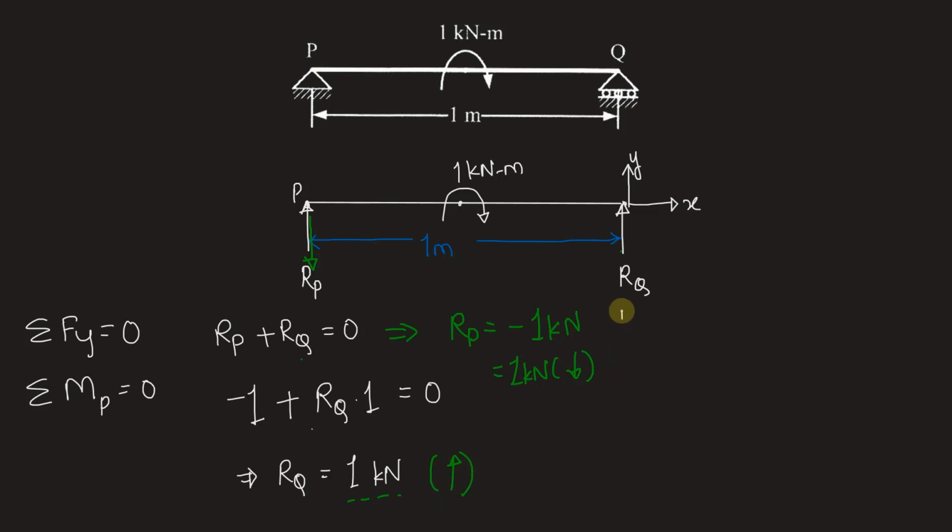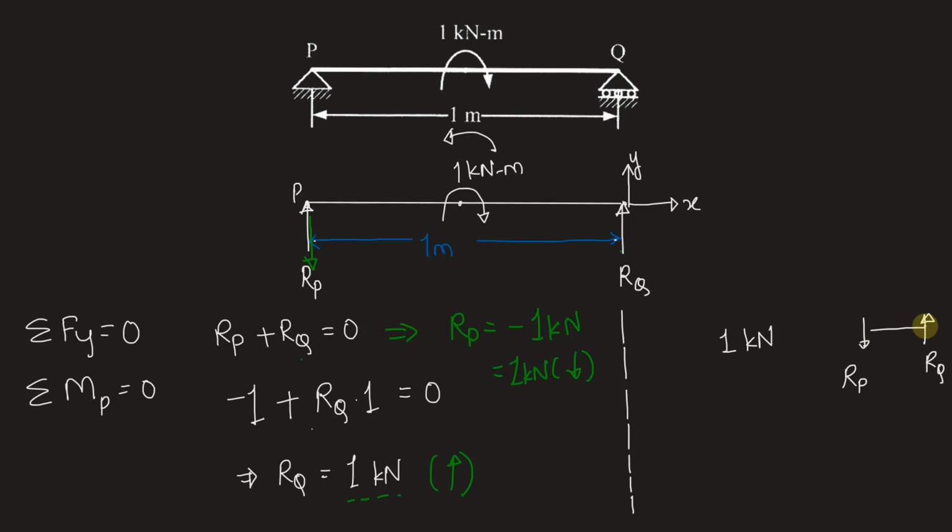The second method to solve this question is very simple. It's an intuitive method. That is, a 1 kilonewton meter clockwise moment is what this beam is subjected to alone. There is no other force or no other moment on the beam. So we can intuitively solve it by showing that Rq and Rp should provide a counterclockwise moment in order to balance this clockwise moment. So Rq being upward, Rp being downward will generate a counterclockwise moment or anticlockwise moment. If this distance between them is 1 meter, that is length of the beam, we should have 1 kilonewton each of an upward Rq and a downward Rp